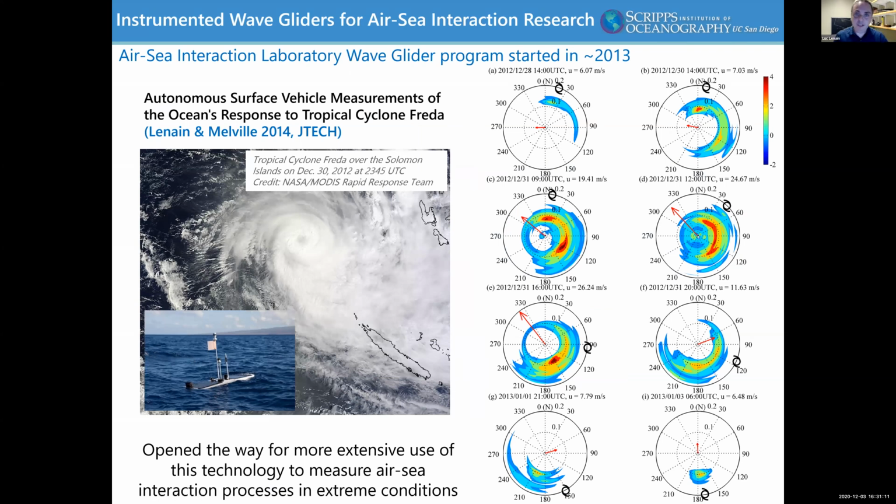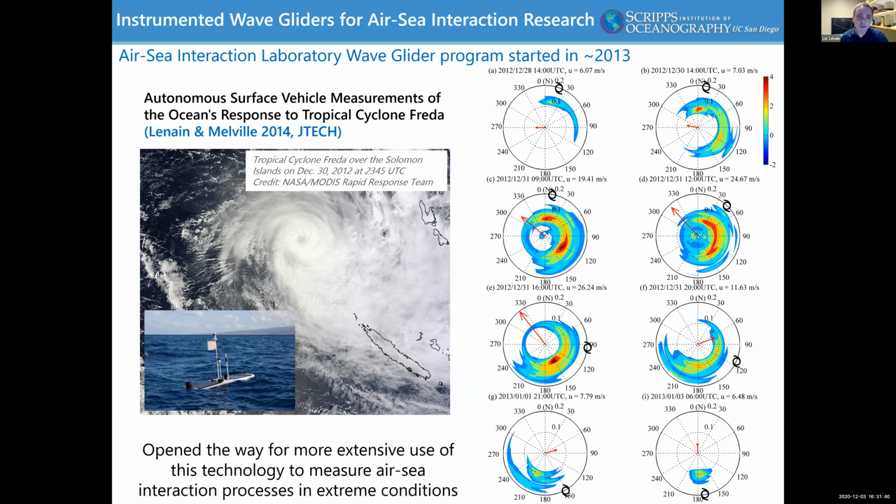My work with wave gliders started back in 2013, so just a few years after the company was started. I was lucky enough to get access to data that were collected literally by chance of a near intersect between a wave glider transiting to Australia with a Category 3 hurricane, and in analyzing the standard instrumentation package, we actually got some science out of it,